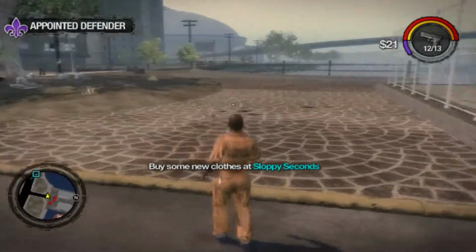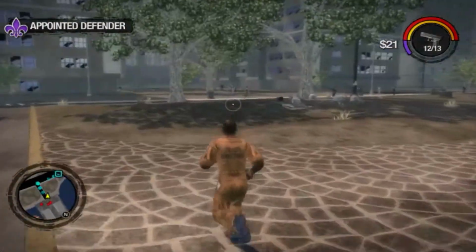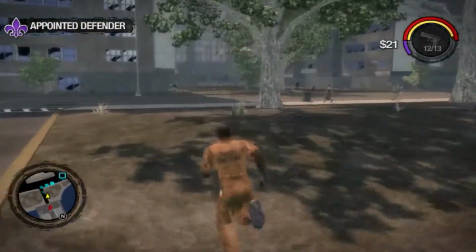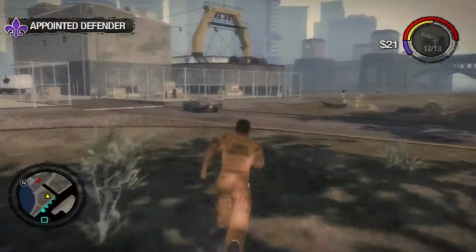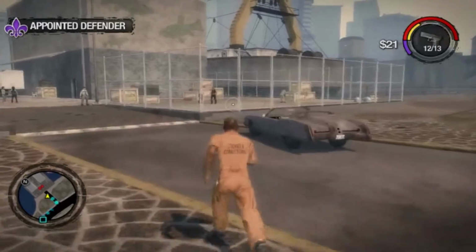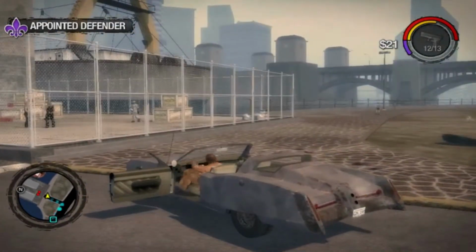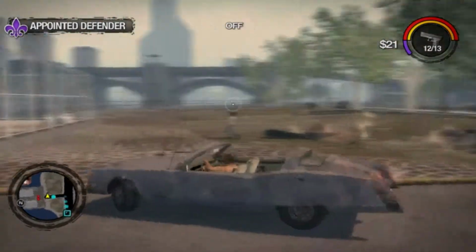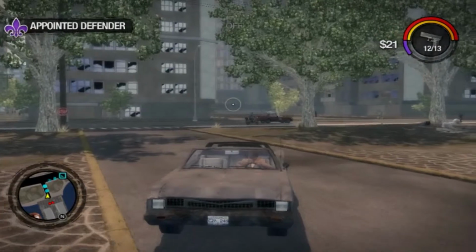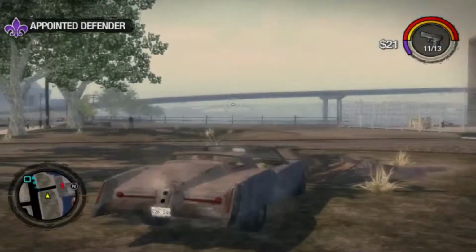Buy some new clothes at Sloppy Seconds. Okay, so what you'll want to do is obviously just play through it a few times to make sure you're familiar with the mission, and make sure you know how it plays out and stuff like that. But once you've done that and sort of made sure, let me turn this off. Hang on. Once you've confirmed that the mission itself is actually pretty stable, what you'll want to